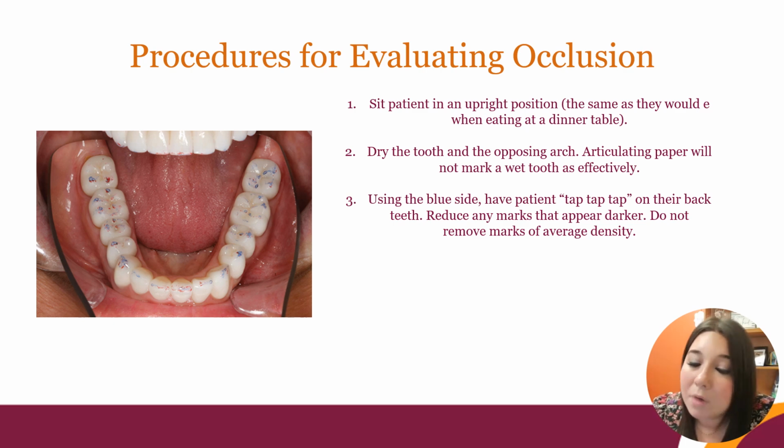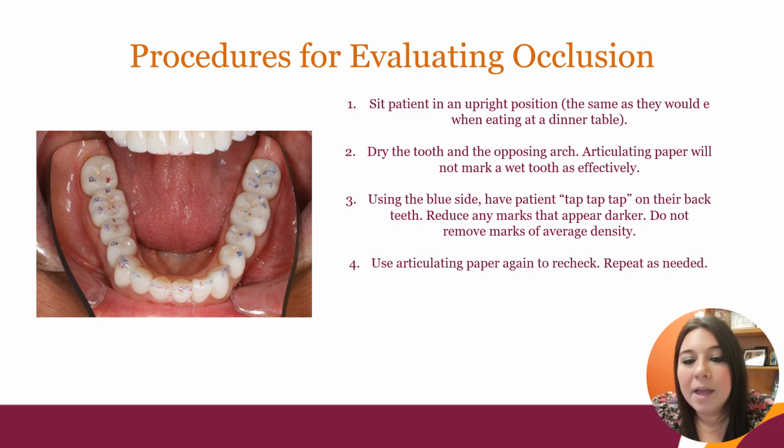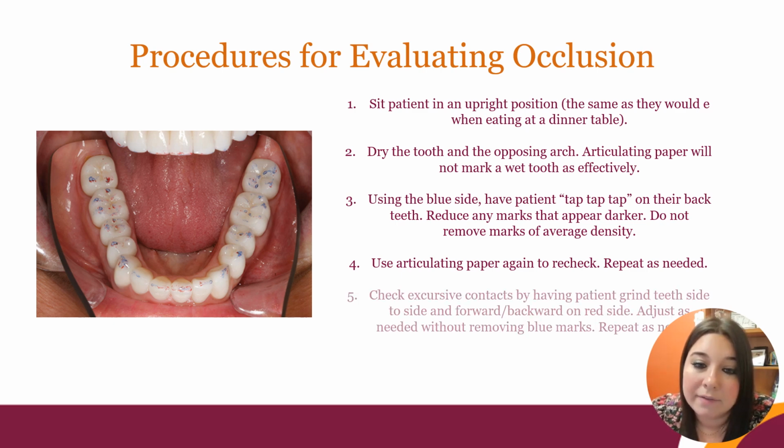Do not remove any marks of average density compared to the other teeth in the area. We want to keep them pretty even and the same. Next, we're going to use the articulating paper to recheck, keep checking until everything is looking even. Then we're going to check the excursive contacts by having the patient grind side to side and forward to backwards